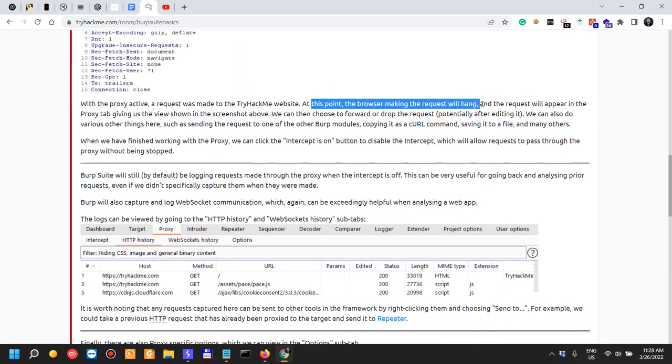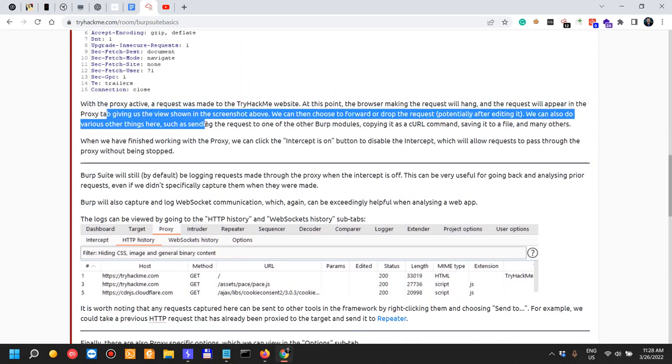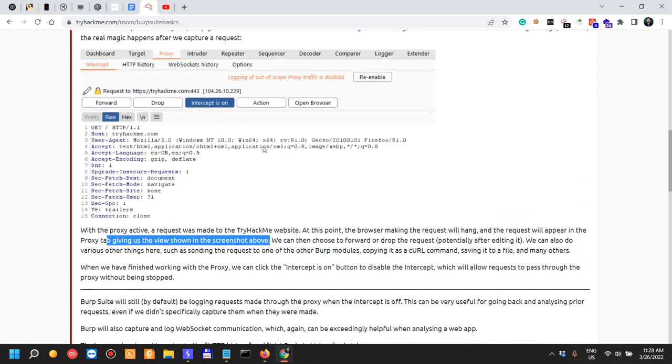At this point, the browser making the request will hang and the request will appear in the proxy tab, giving us the view shown in the screen above. Of course, my intercept was off, so it just passed through and populated the HTTP history, where I've shown you the request is. We can then choose to forward or drop the request, potentially after editing it. We can also do various other things, such as sending it to one of the modules, copying it as a curl